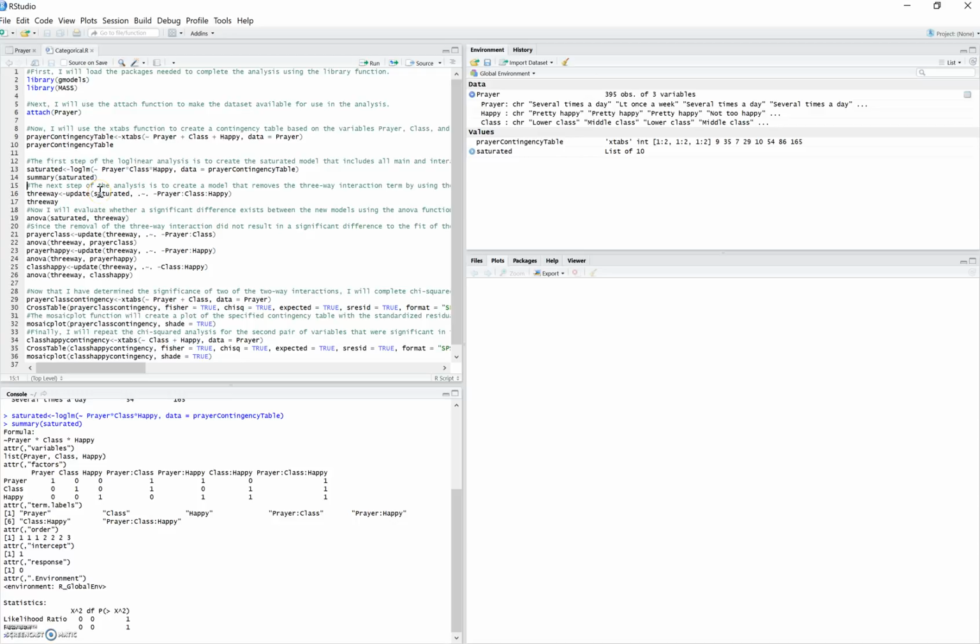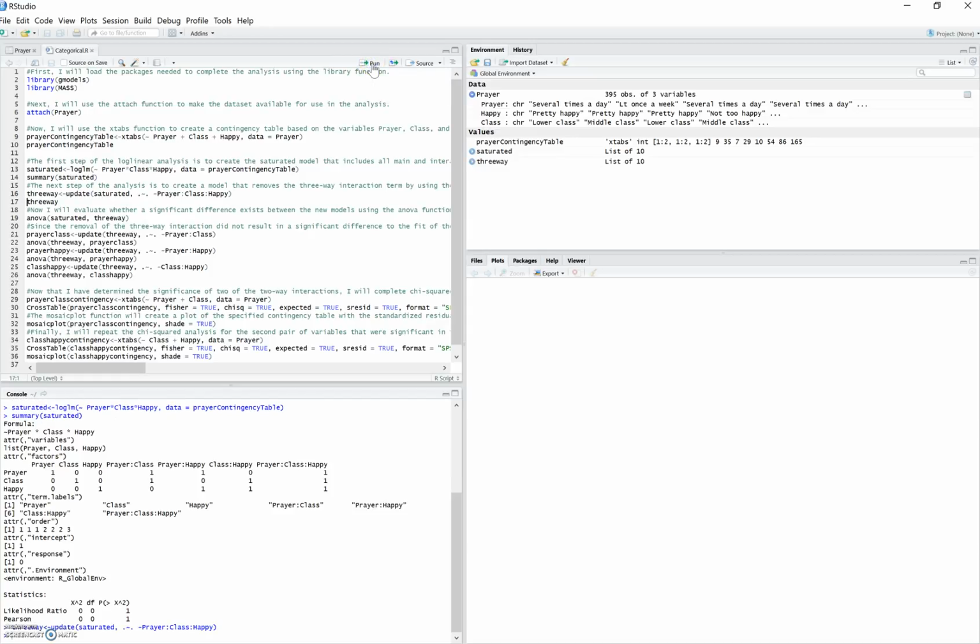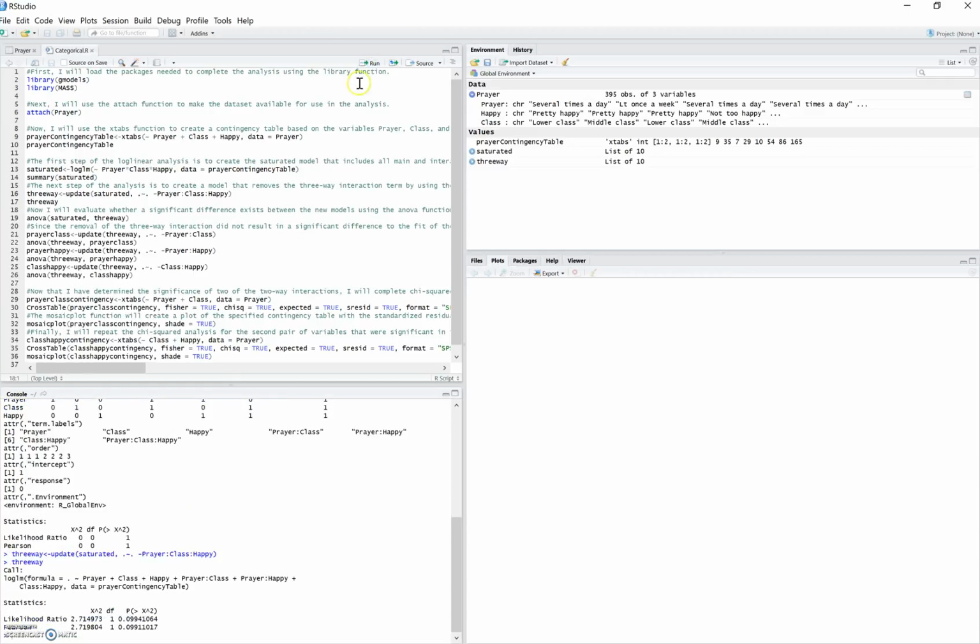So next, I'm going to start taking out different effects, different elements. The first, starting with the highest order effect, which in this case is the three-way interaction between prayer, class, and happiness. So I'm going to use the update function in order to remove this interaction and create a model without that interaction in it. And then here we can see the likelihood ratio for that new model. And I'm going to use the anova to